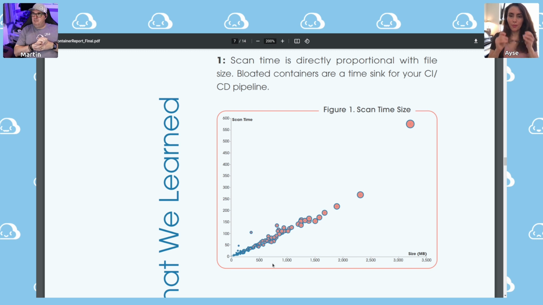You have compliance and regulation that you need to adhere to. And therefore, the size of your container, which some people see as a vanity metric, "I made my container smaller," they see as a vanity improvement. There is actually an operational benefit to moving optimized containers around your infrastructure.